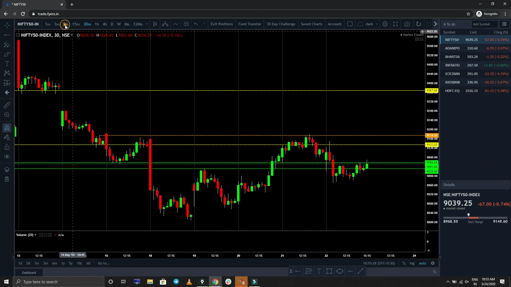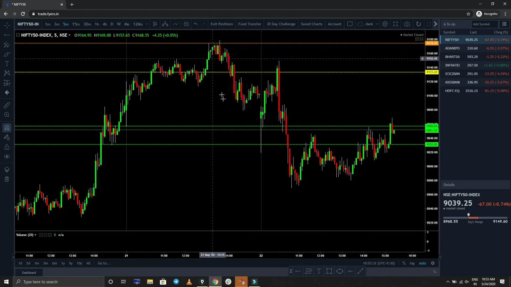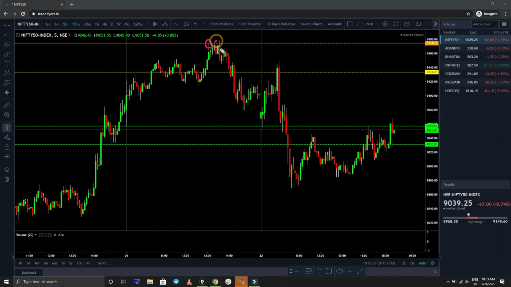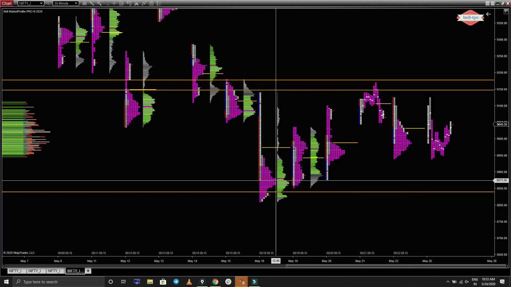You can see in the 5 minute chart that exactly from there the price has been stopped. See, the price stopped here and we got a rejection. Like this, single prints play a very important role, guys. Now we will see the volume profile chart, and how the volume profile is also important in market profile.